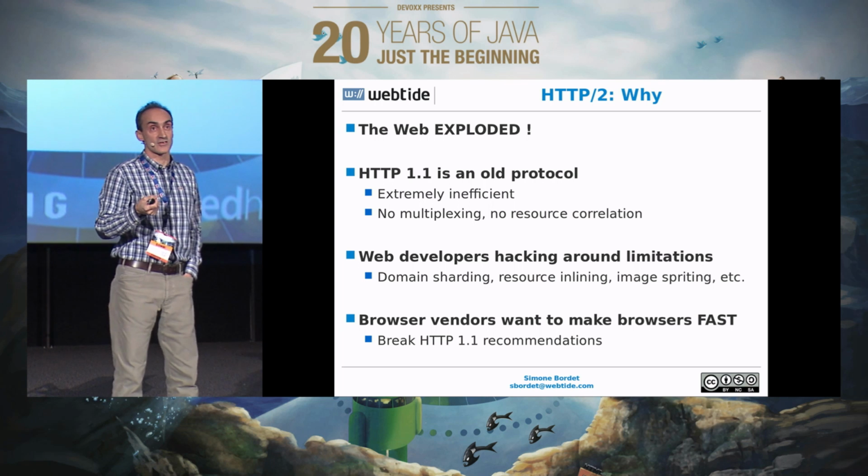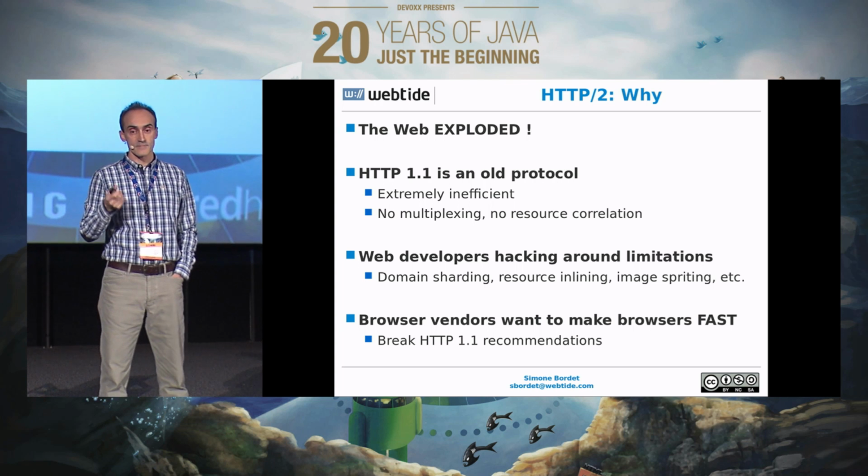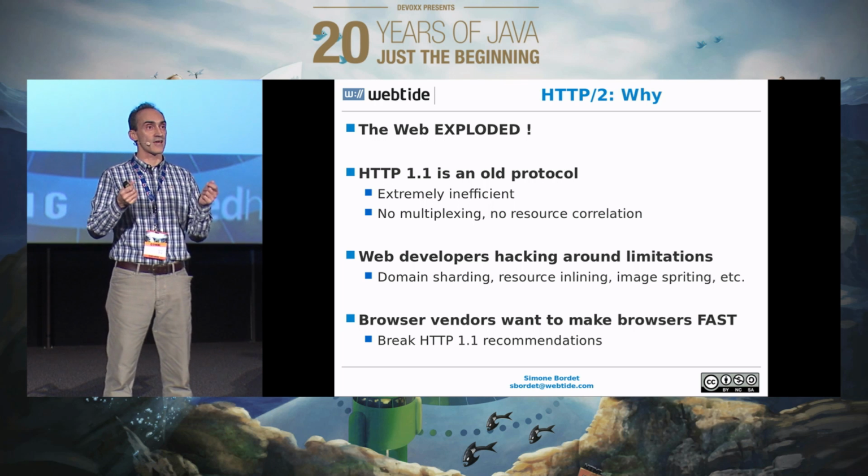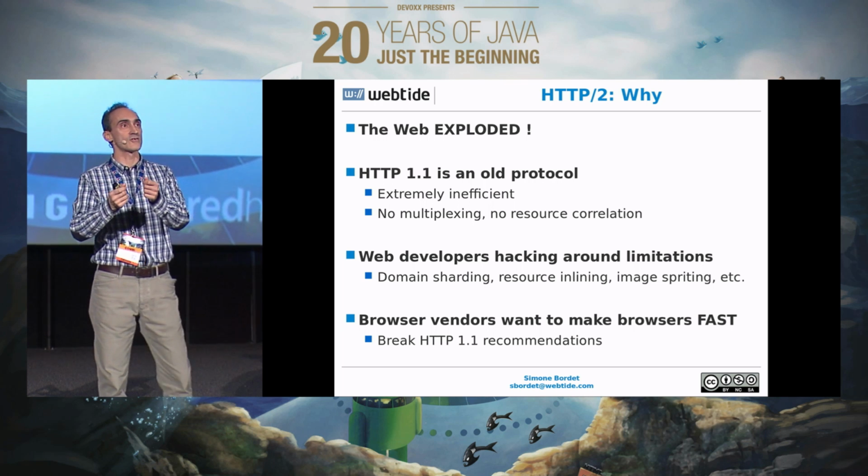They open 6 connections to a single domain. And that's where domain sharding comes in. Domain sharding is a trick. Instead of requesting your resources to www.domain.com,